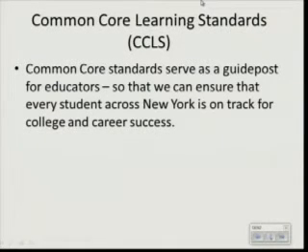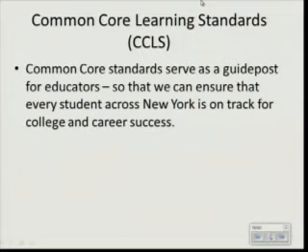Welcome back. We're going to take a closer look at the Common Core Learning Standards, one of those 3 deliverables for our Race to the Top work in the 2011-12 school year. The standards were originally drafted by the Council of Chief State School Officers and the National Governors Association. Later on, New York State adopted these and also were able to modify them by about 15% by adding in some pre-kindergarten standards in most cases.